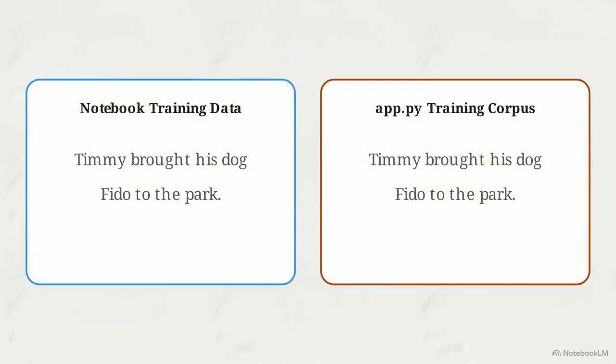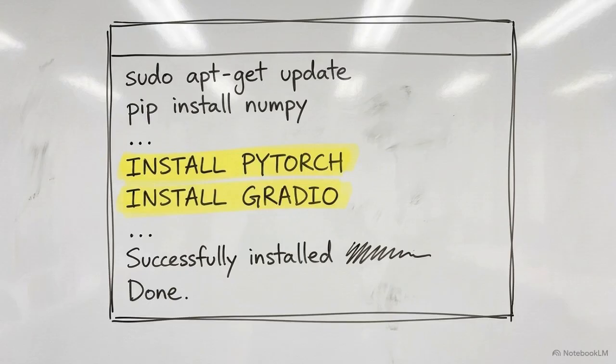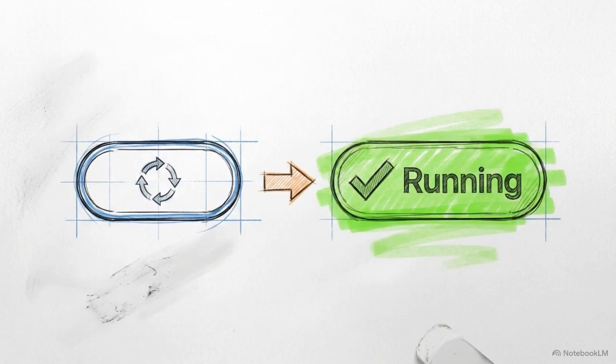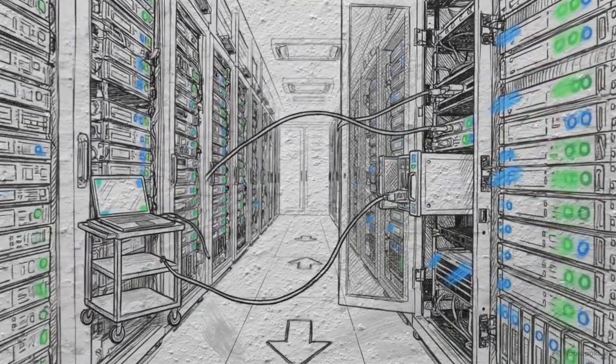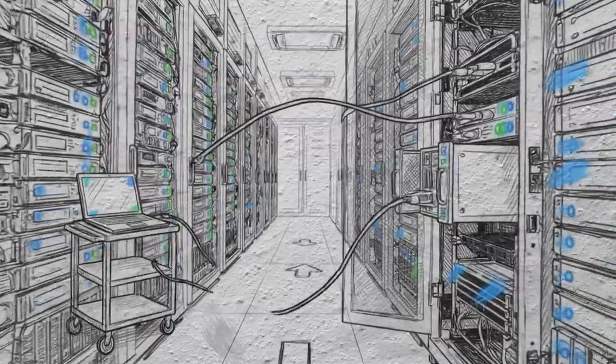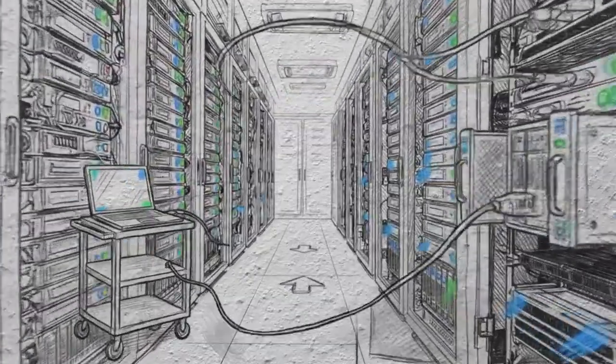Also, ensure an exact match between the training text in your notebook and the text string inside app.py to prevent tokenizer errors. Once you commit the files, Hugging Face automatically reads the requirements file to install PyTorch and Gradio before launching the server. Monitor the Build Status badge in the App tab. It will transition from a building state to a green badge that reads Running. This sequence of identifying updates, installing dependencies, and launching the app demonstrates moving a model from a development notebook directly